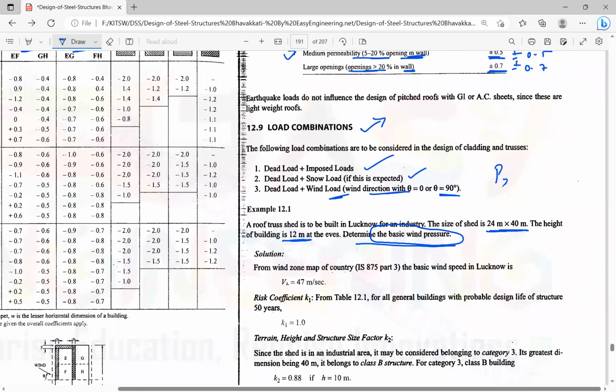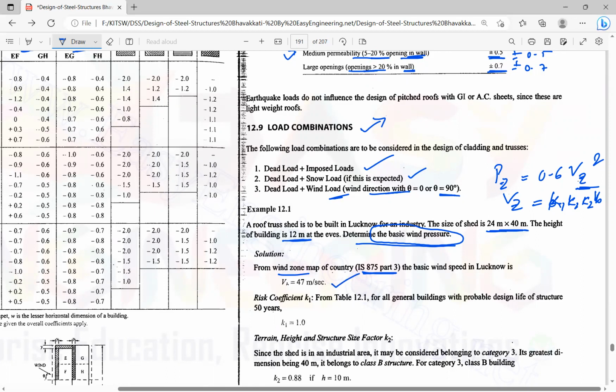So Pz is equal to 0.6 Vz square. This is the formula, right? So we need to calculate Vz, the design wind speed. The design wind speed is K1 K2 K3 into the basic wind speed. So the basic wind speed depends upon the topography, the location and the height. From IS 875 part 3 wind zone map for this country, for Lucknow